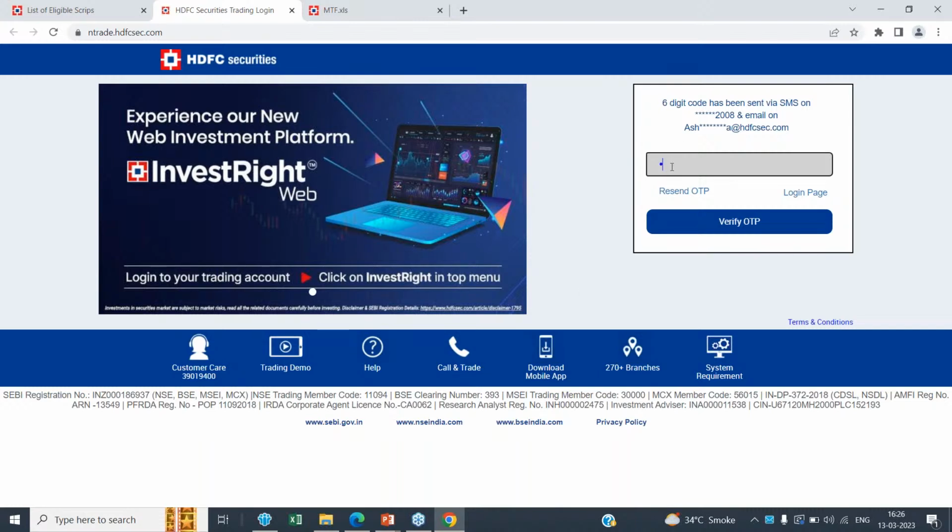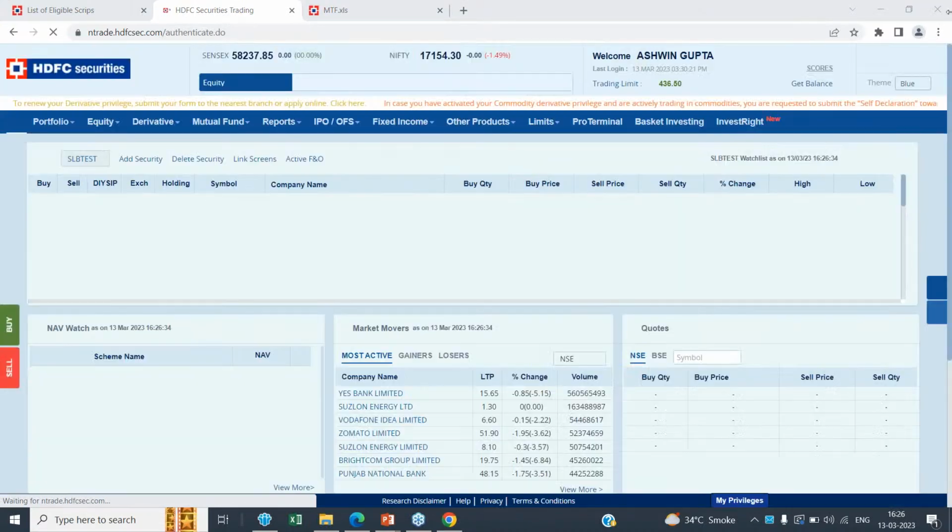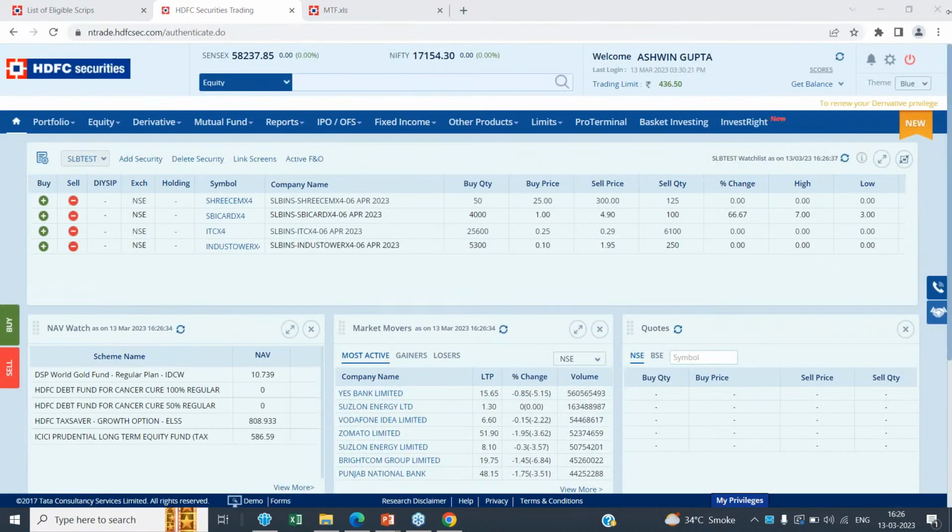I'll enter my OTP. This is my entire dashboard of HDFC Securities, wherein I can place the order and I can see the details